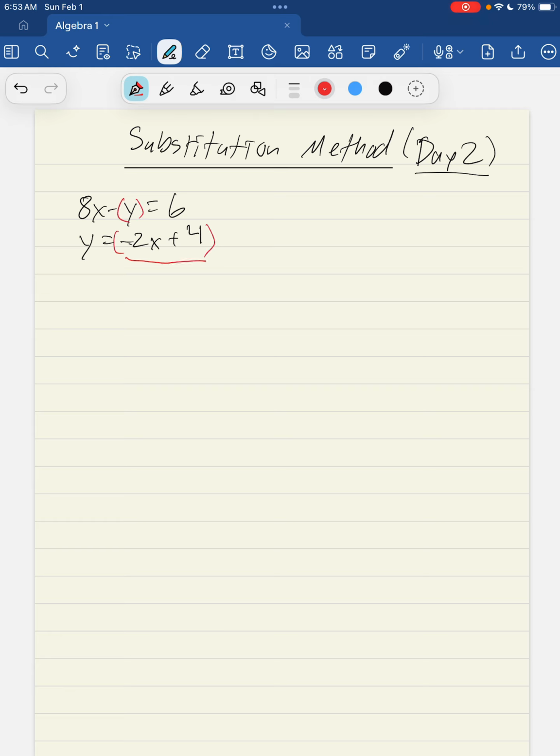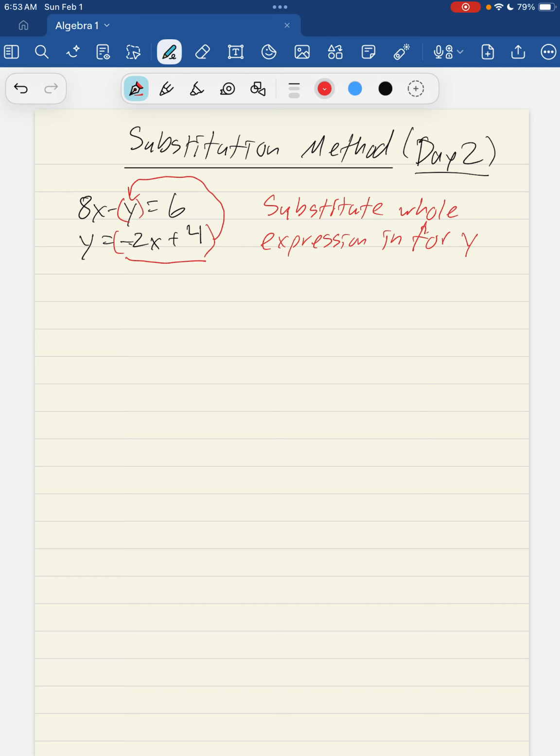So yesterday we did that with a number. Today we are going to do that with a whole expression. So this whole thing gets put in that position. Okay, we're going to substitute your whole expression in for y. Okay? It's going to be a little more complex than yesterday, but you're going to see, oh, it's just a multi-step